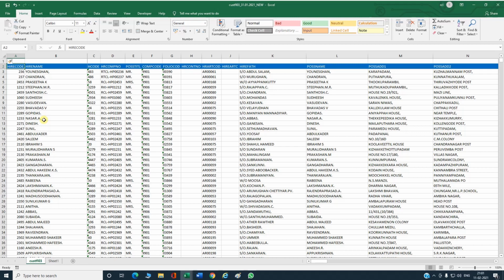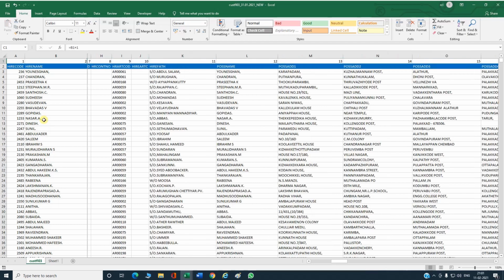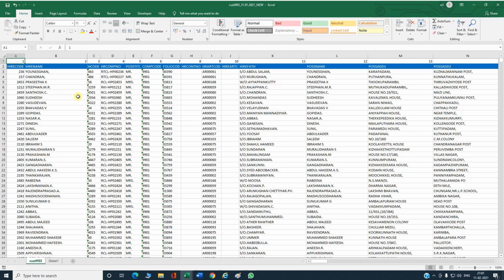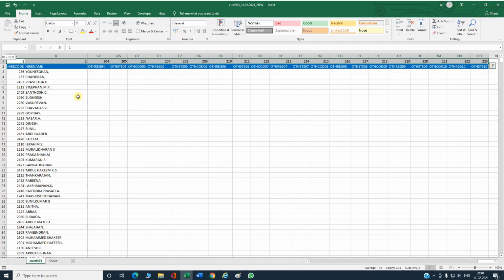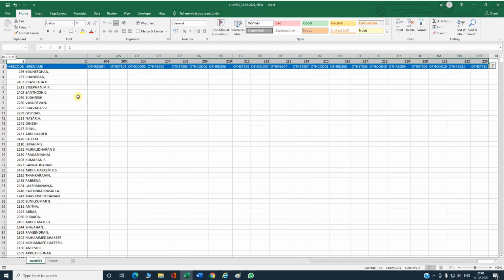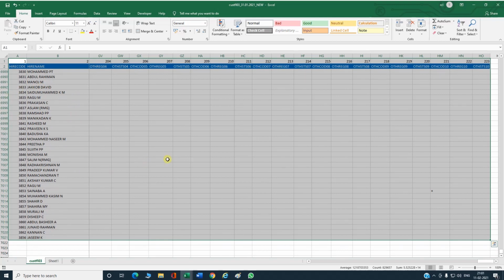The second step is give a column number for each column. Here I am giving the number for each column. So the last column number is 223. The first column number is 1 and the last column number is 223. After giving the column index numbers, you select the entire column from the very beginning to the end and the rows from the very beginning to the end. Now I have selected the entire data columns and entire data rows.